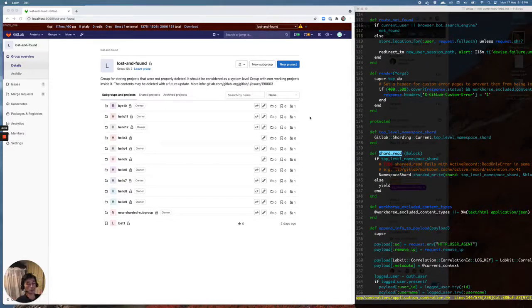Hello, my name is Tom, and this is a quick demo on creating a new project and a new issue in a new shard. This time around, this is implemented in a much more generic way, such that we